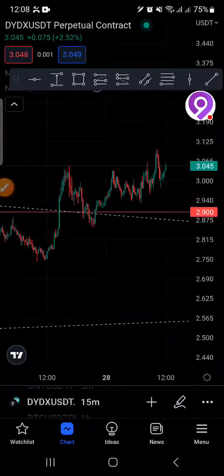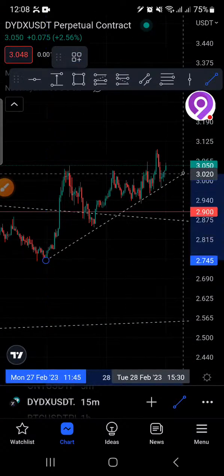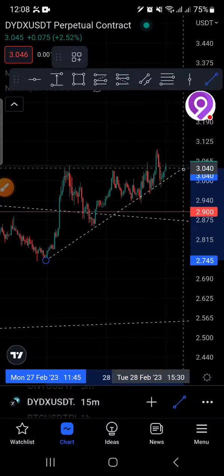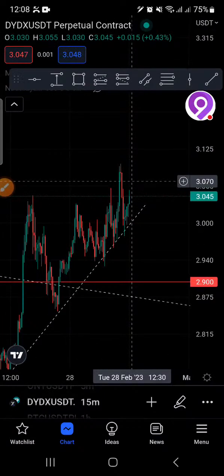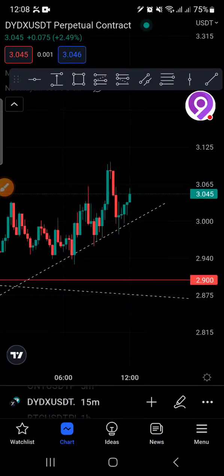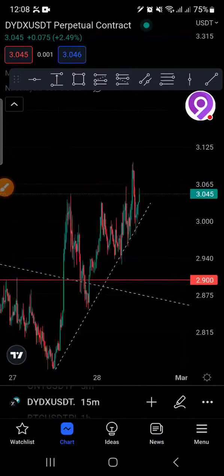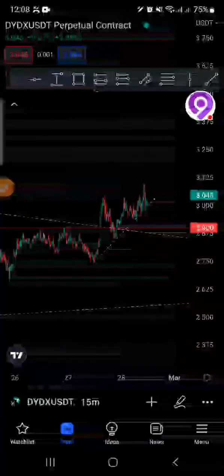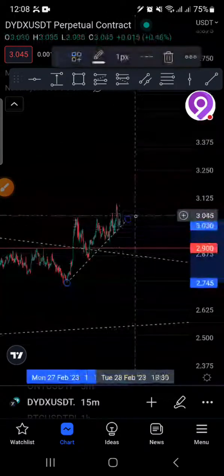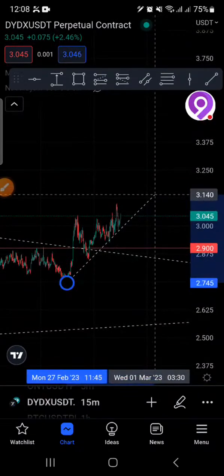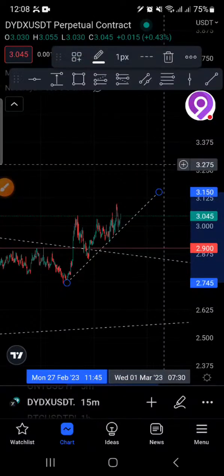This is important to confirm, and this is my advice on this. You can buy this particular trade. If it breaks this trend line, just close it. If it crosses this trend line, you can close it. But if it doesn't cross that trend line, believe me, it's going up. It's going all the way to the top. If you enter here,